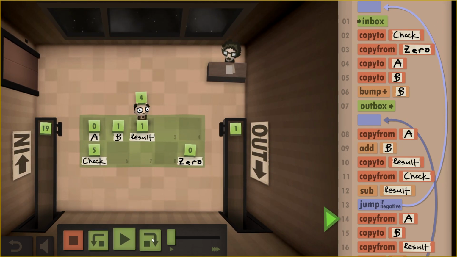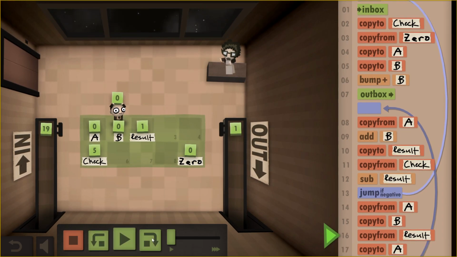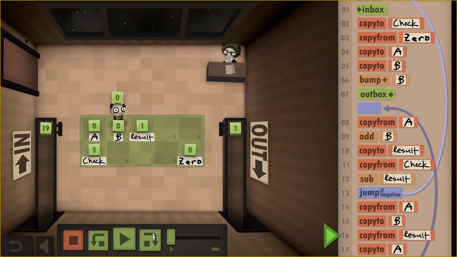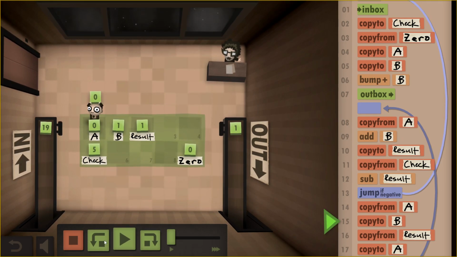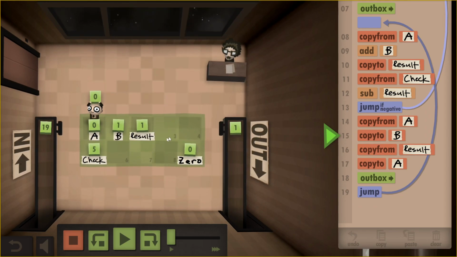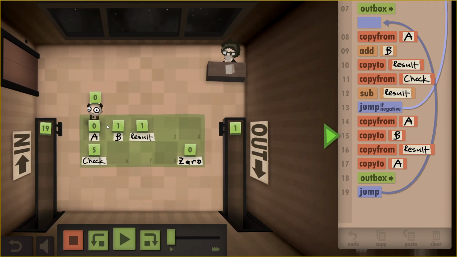And we get a 4 there, and we move it. Okay, so I think the problem here is that we don't actually want to overwrite the value of B like that. If we just put the results, I think we want to copy from the result and store it in A, and then